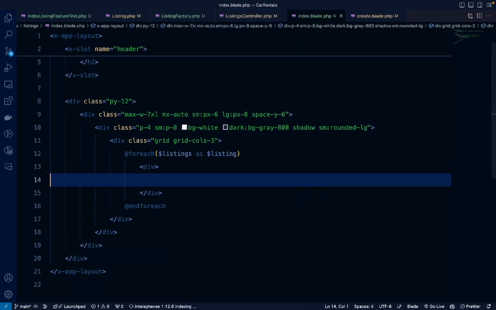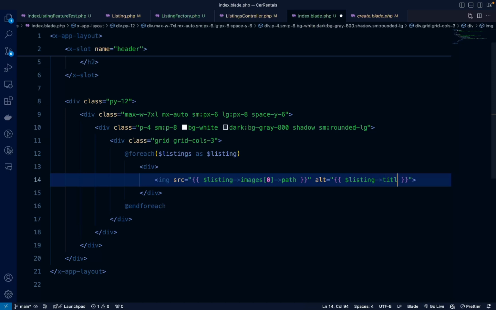So I'm going to add the image first. So let's do listing images. So we're going to show the first image here, and for the alt, let's do listing title,